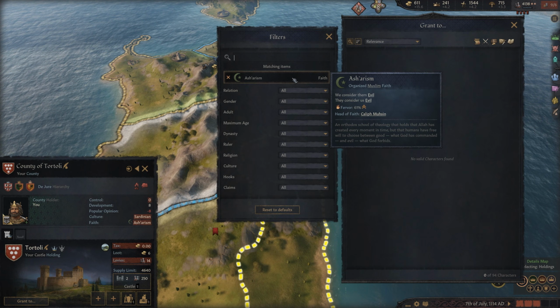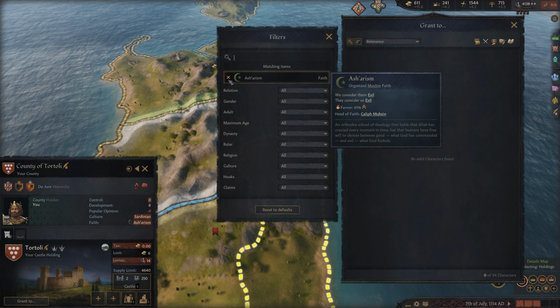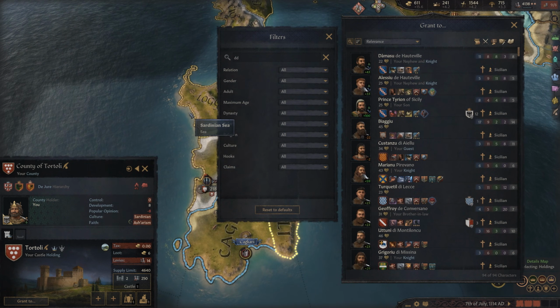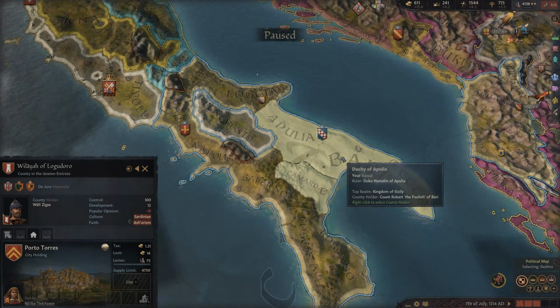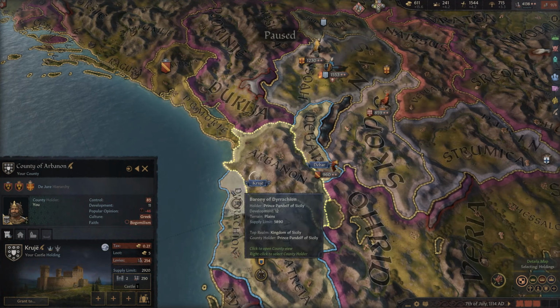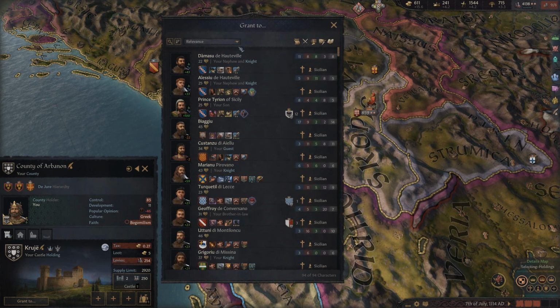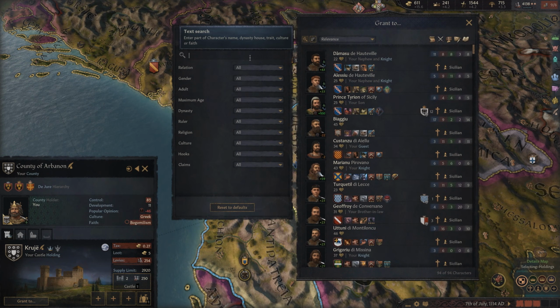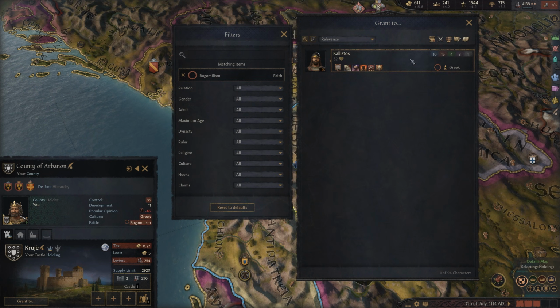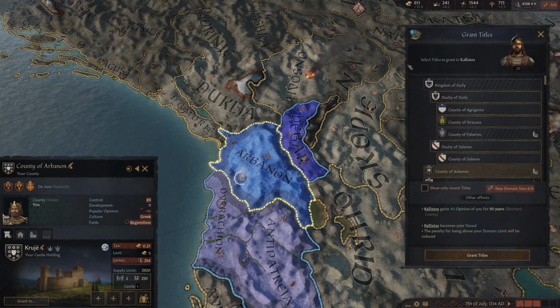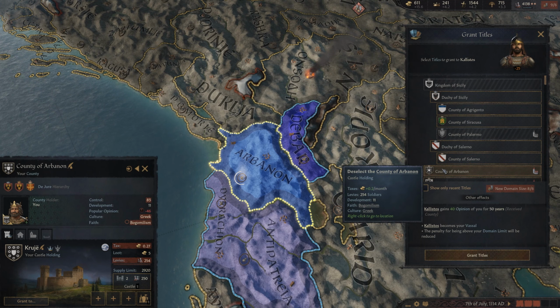So it looks like I actually have no vassals with this faith. Now, let's take a look over here instead. There's another location that I know has a different faith. So we're going to type that in, and I think I should have one vassal, maybe more. So I do have one vassal. Now, this individual I can then appoint to this region because he matches up both faith and culture-wise.